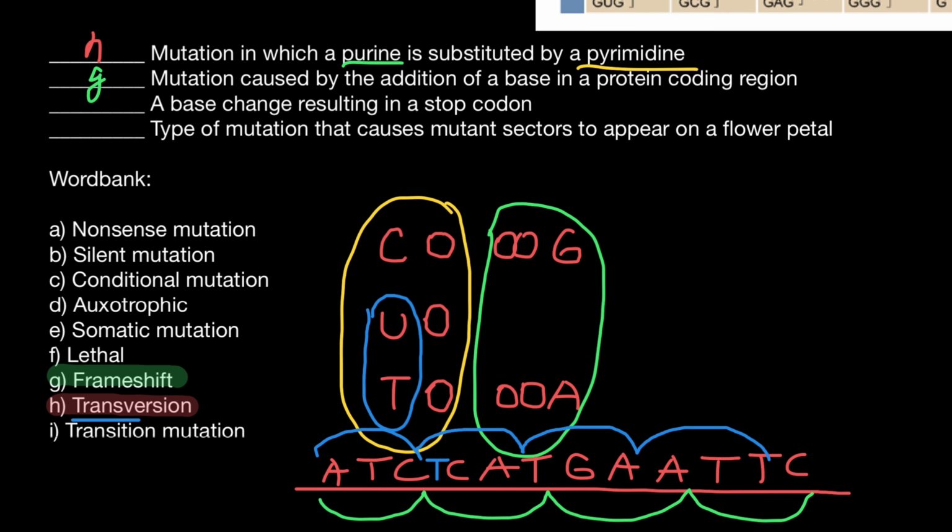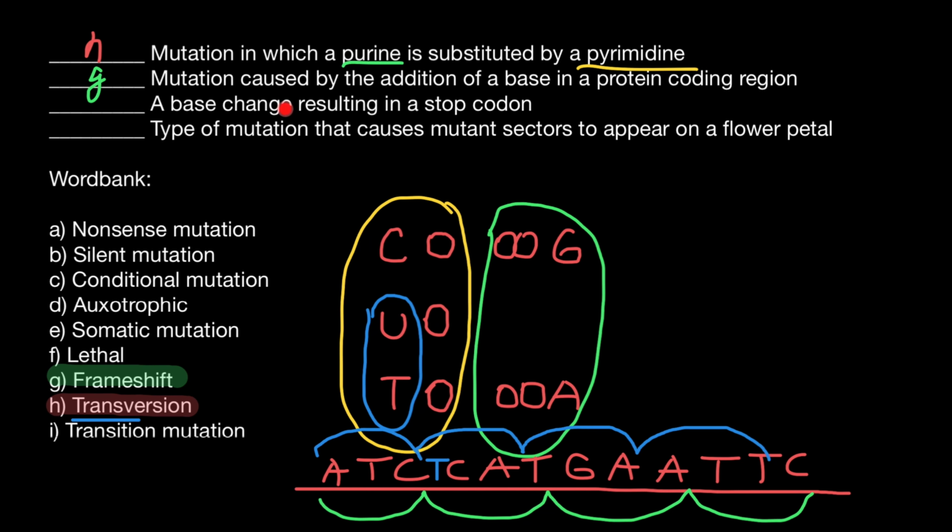Now let's check the third question. A base change resulting in a stop codon. As I said earlier, we can change just one base in this codon, and right away this is going to be, just by chance, a stop codon. So we call this a nonsense mutation, and a frameshift also causes a nonsense mutation. Maybe not right away, as in the example with a nonsense mutation, but 20-30 codons downstream. A base change resulting in a stop codon